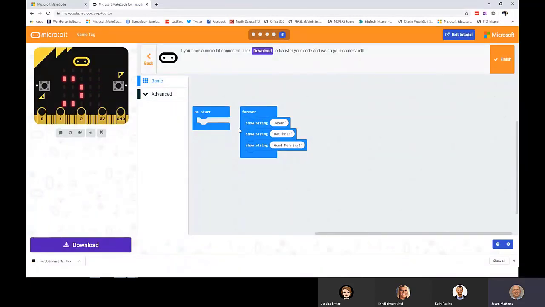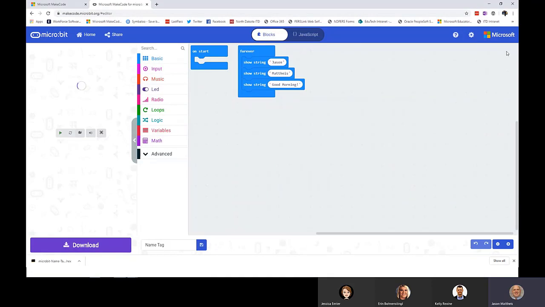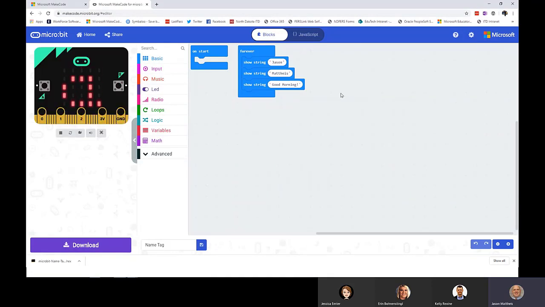When I'm done with that, I've downloaded this to my microbit. I can click on Finish to end my project. And the nice part about when I click Finish inside of that tutorial, now it sends me to the full MakeCode. You'll notice that my screen has changed a little bit. I now have this larger section of categories on the left side of the screen so I can add to this. I still have that download button so I can add this code directly to my microbit by downloading it